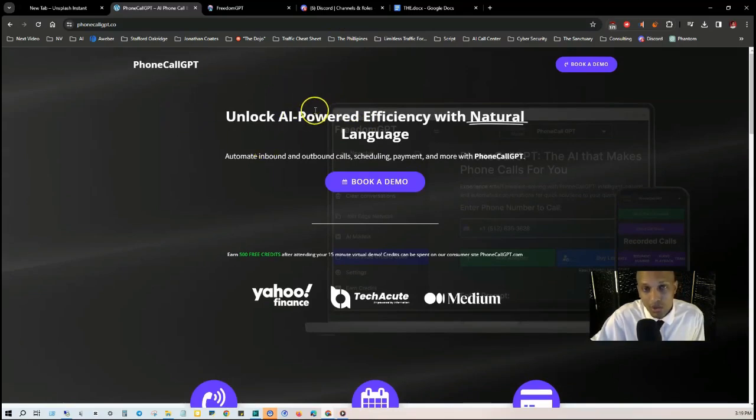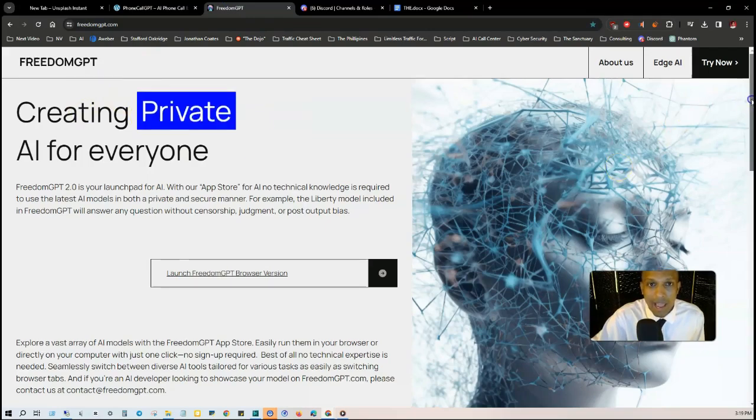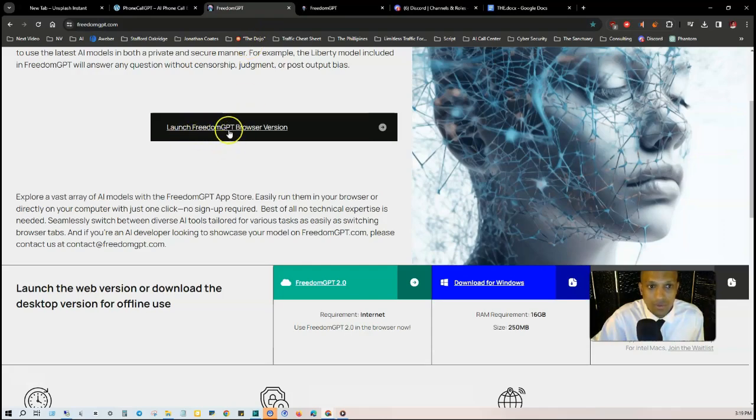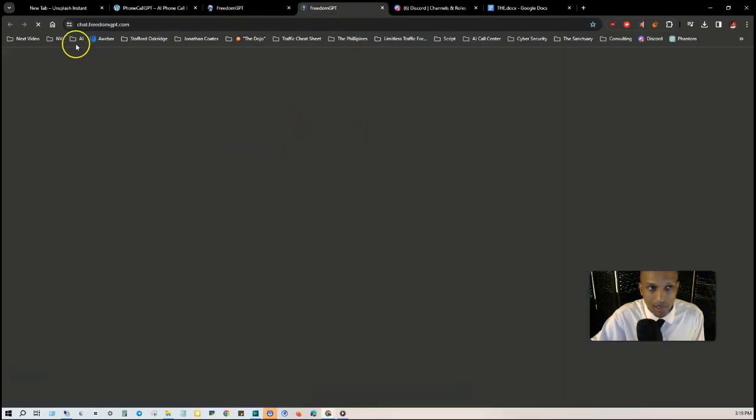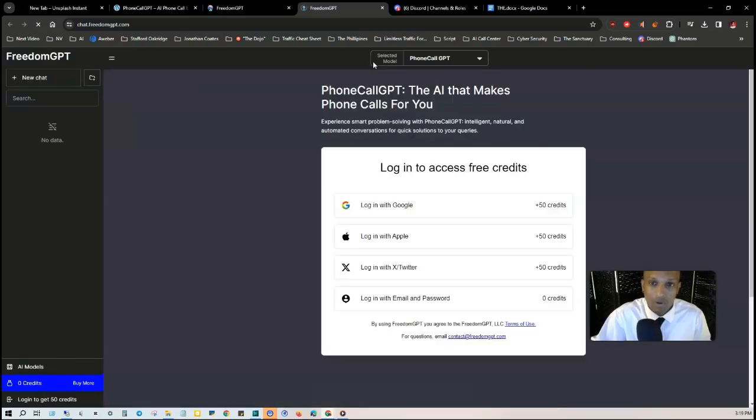This is more of a commercial professional version, and I found it from Freedom GPT. Now this is actually more of like an AI app store, and if you go to the Freedom GPT browser button here, it takes you to this website where you've got a consolidation of all of these different tools that have use cases for almost everything.